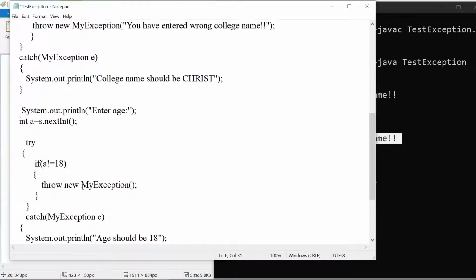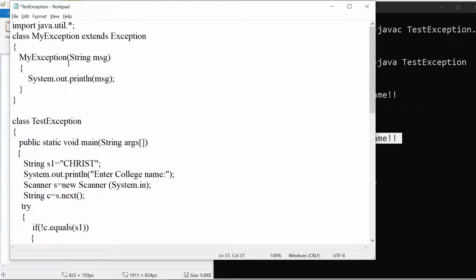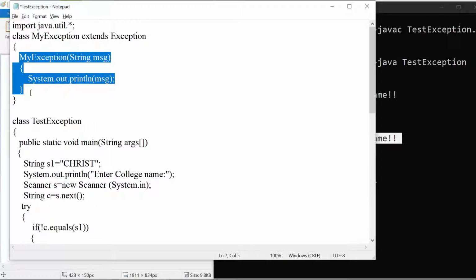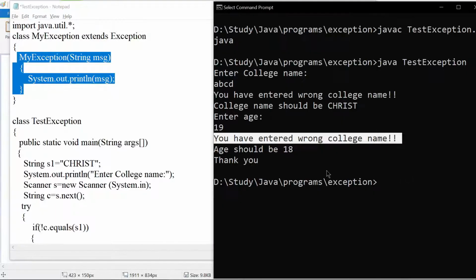Similarly, at the time of checking for the age also, you can have your own message here. What I want to print is, you have entered wrong age. I want a message like that, so you can have your own customized message. What we have done is converted our exception constructor into a parameterized constructor where we want our own message.